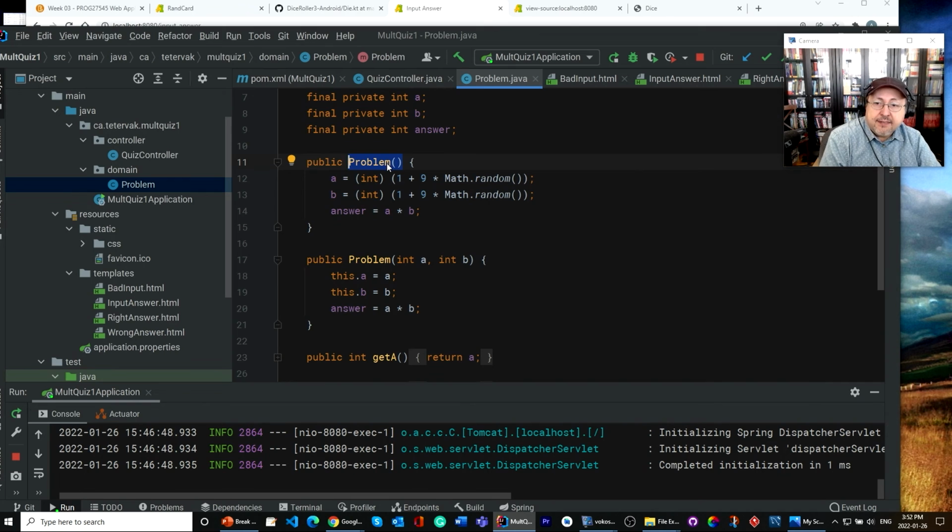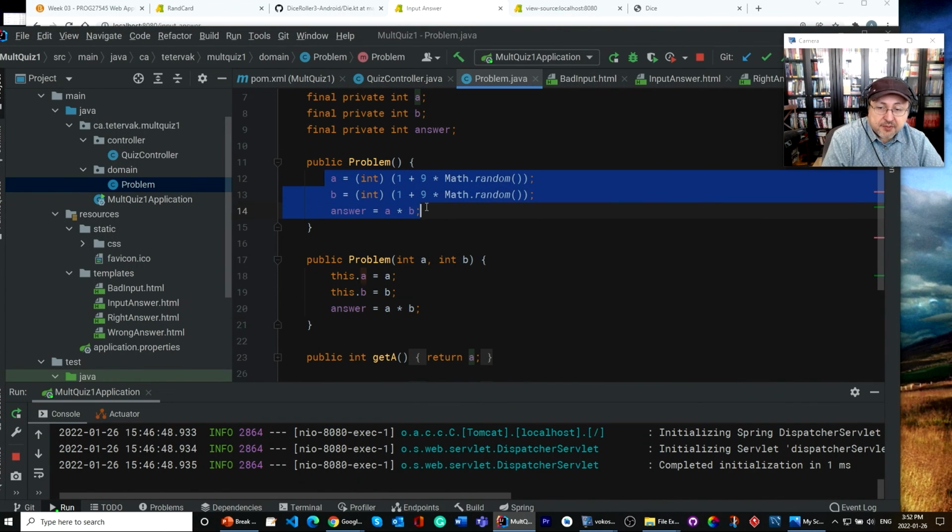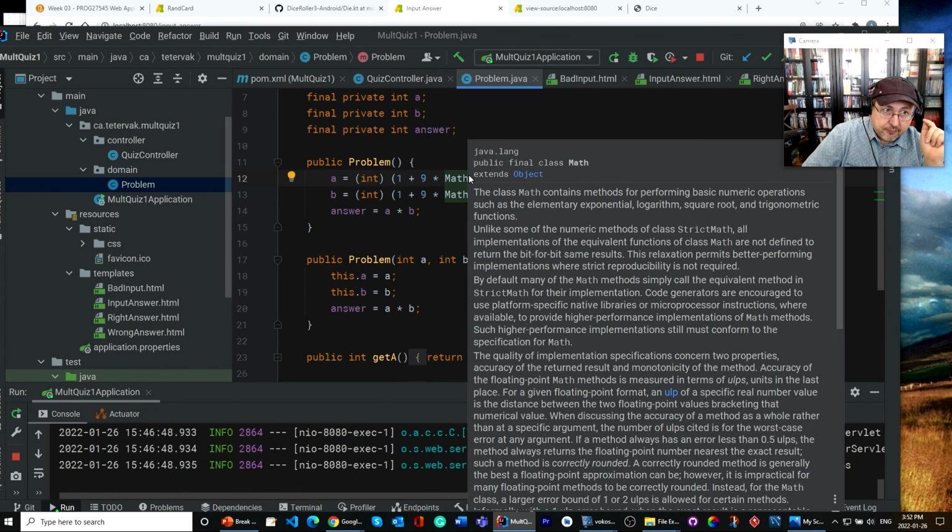And obviously, this constructor is just calling that constructor. Right? And these 3 lines are going into the constructor below that you're going to create, and they're calling random dot